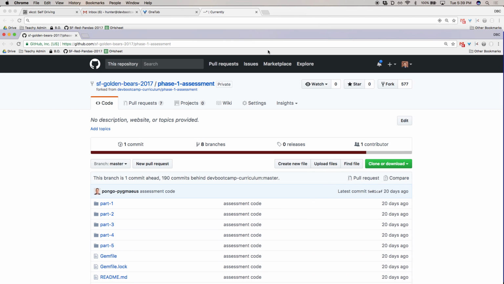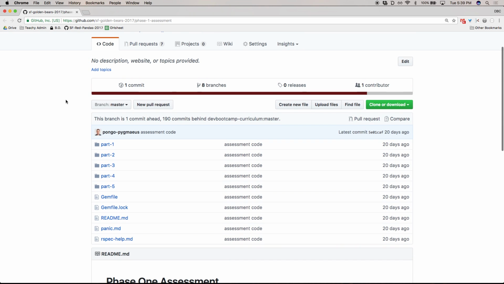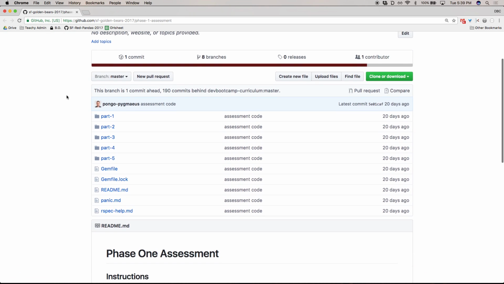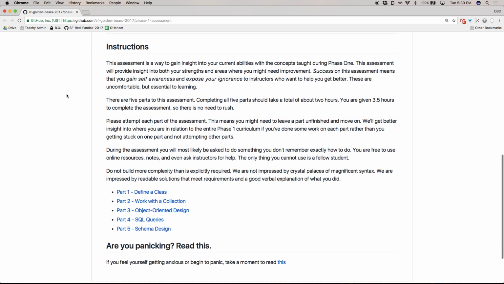So, here is a phase 1 assessment. There's this big README. It just says, hey, it's an assessment, and then there's 5 parts. Just as I told you last week, there's 5 parts, right? 3 Ruby parts and 2 schema parts. Oh, P.S. and by the way,